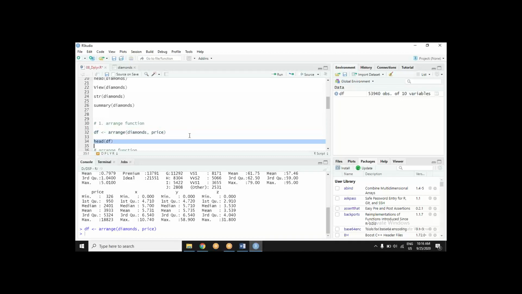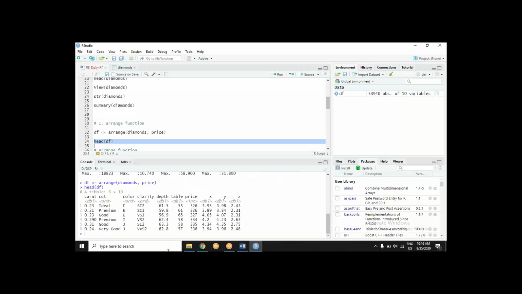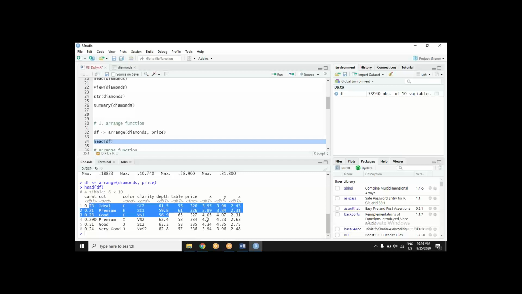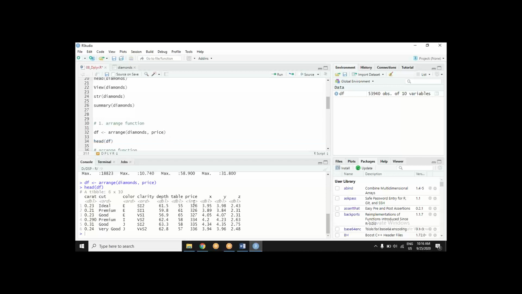If I do that, and I have stored that as our data frame df, if I check the head of df, you see the small prices all together. Maybe you can view it if you want to. What has happened this time? Remember the sort function? If I use sort, it will only sort the price column. Now, arrange of dplyr is sorting the entire dataset according to the price column. All rows are sorted.